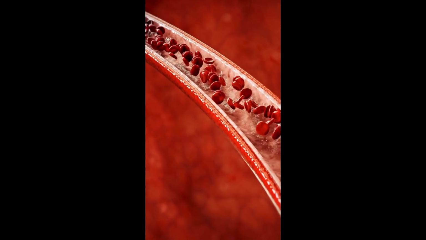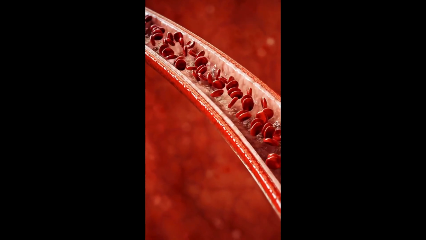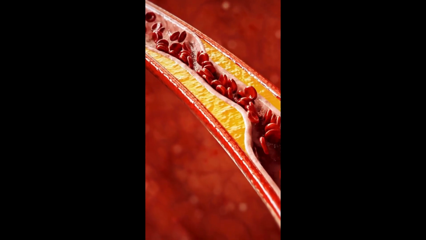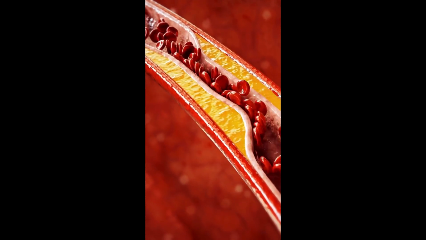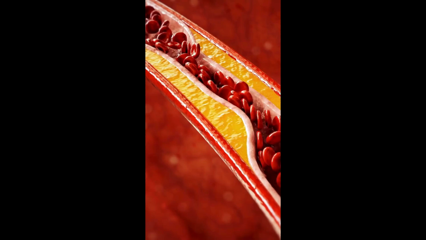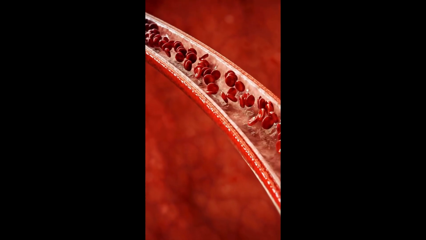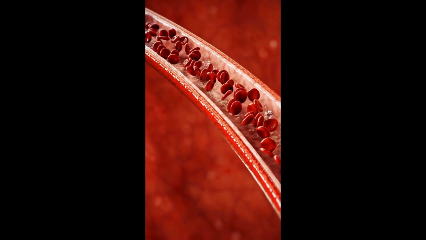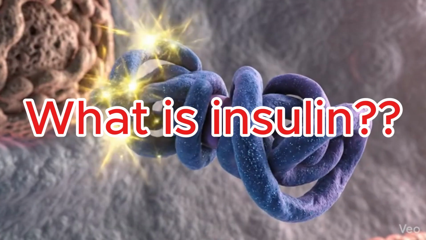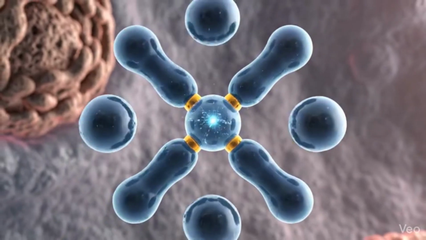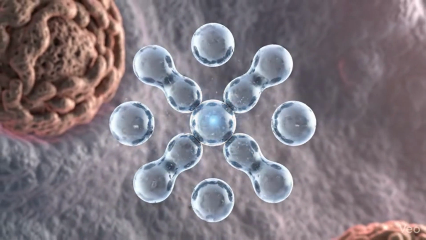Insulin, a life-saving hormone essential for glucose control, but how is it produced, how does it work, and how is it used in therapy? In this video, we will cover everything about insulin and its analogs in a simple way. What is insulin? Insulin is a polypeptide hormone composed of two peptide chains which are linked with the help of